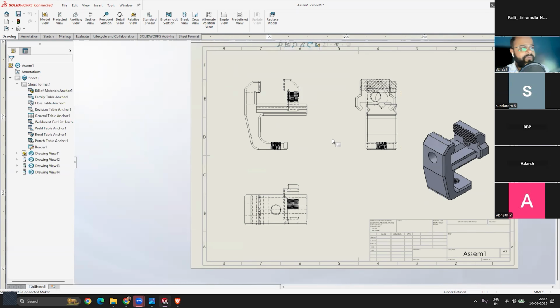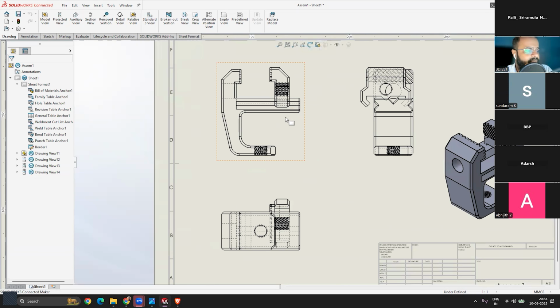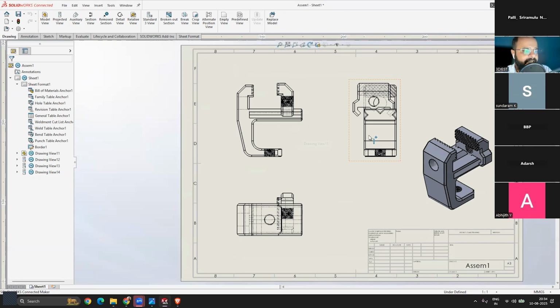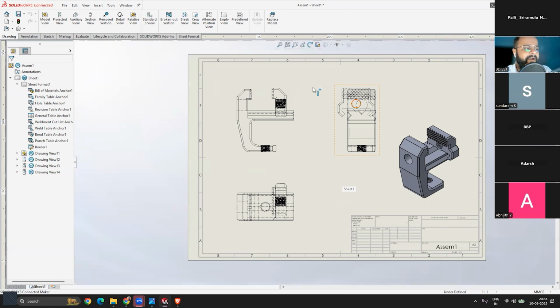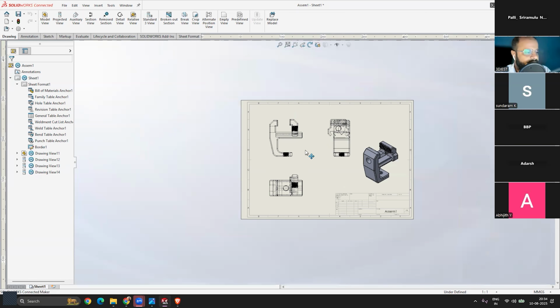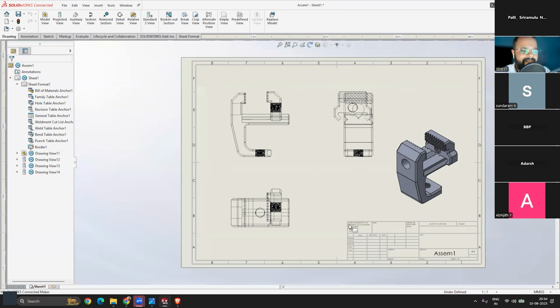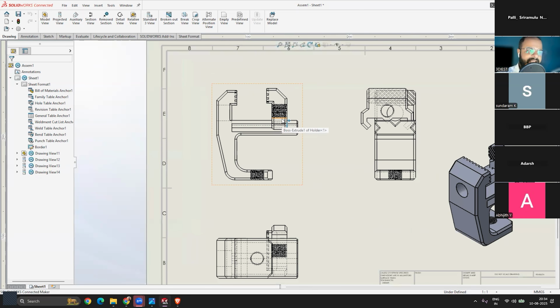So you can see what we did. We had inserted the first view, that was this view, and then we projected that view in this direction towards the bottom, and one isometric view. So to display any part, usually we need 3 different views, right? Now, this was a complete drawing for the assembly, but we had not added any information like the whole details or the size and everything.